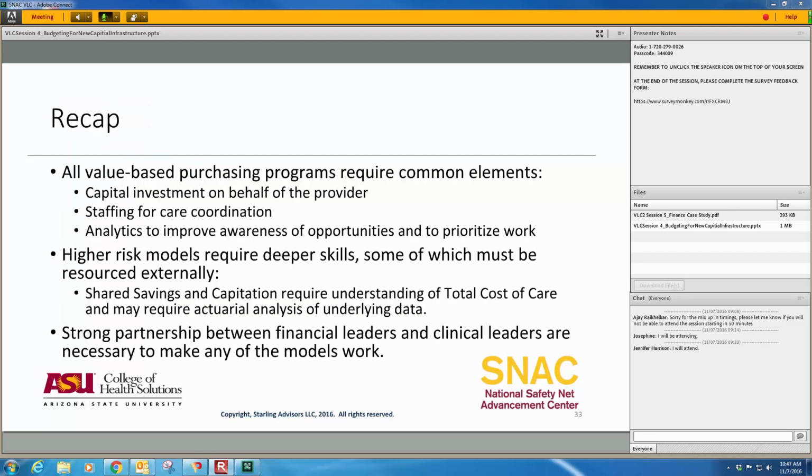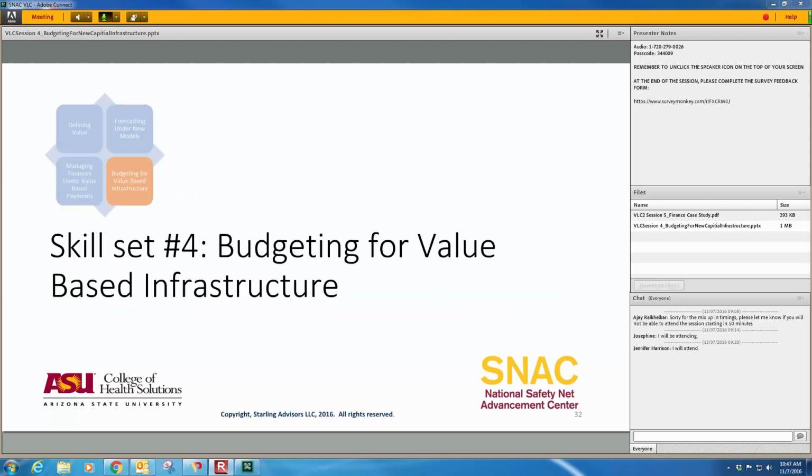So what I'm going to attempt to do in this section is provide some budgeting benchmarks for some of the tools and infrastructure and staffing that groups need to consider as they're moving down this road toward value-based reimbursement. I want to caveat this by saying that there are so many variables in terms of